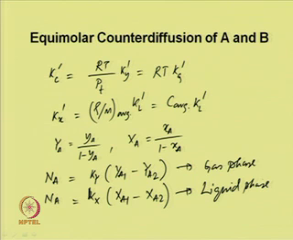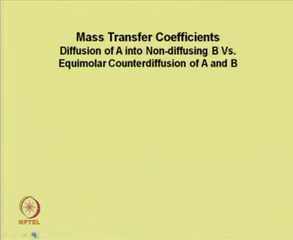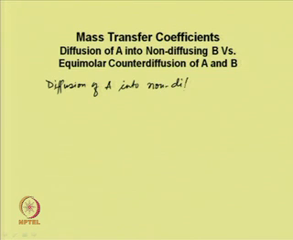This is mole ratio unit, that is F free basis. Now, the mass transfer coefficients between the two systems, diffusion of A into non-diffusing B and equimolar counter diffusion of A and B. What are the difference? In case of diffusion of A into non-diffusing B,